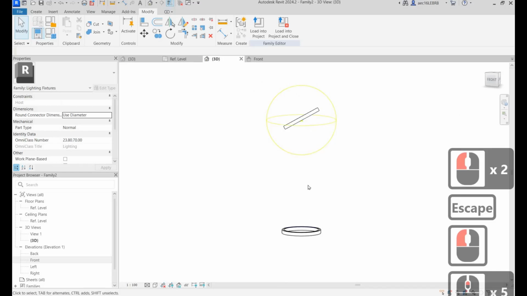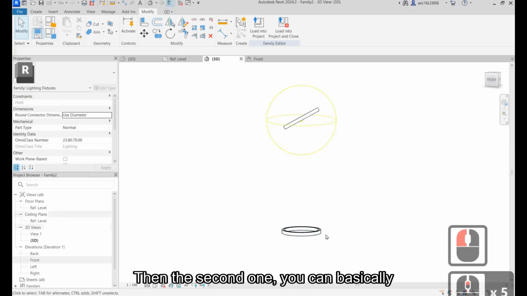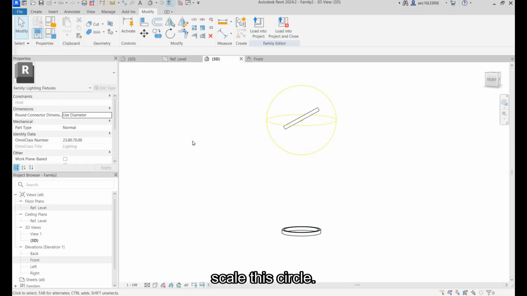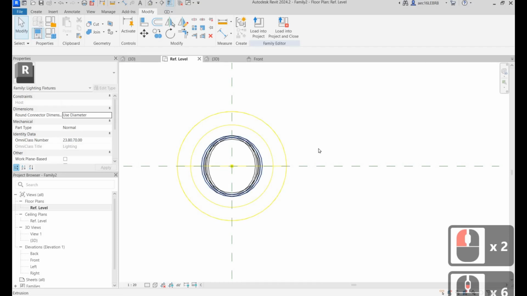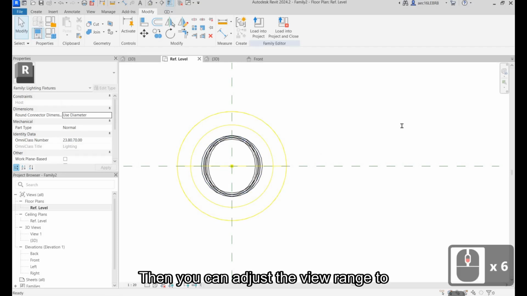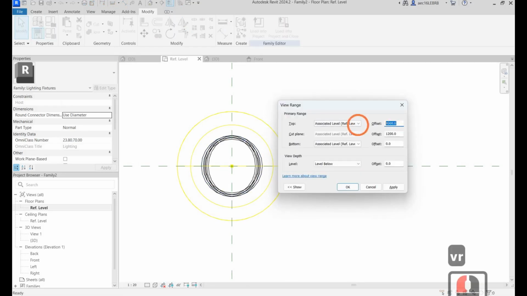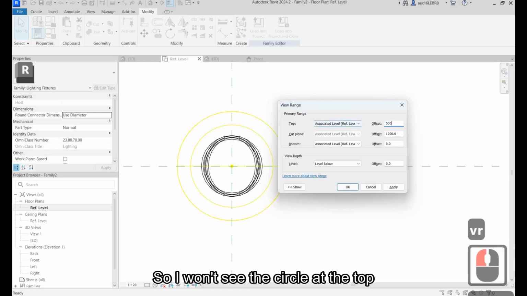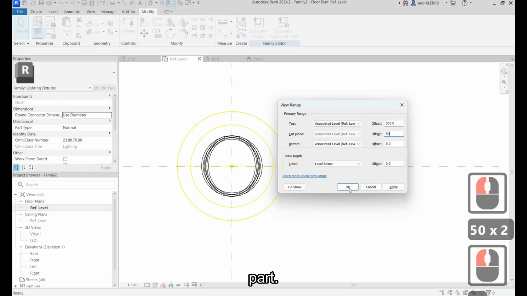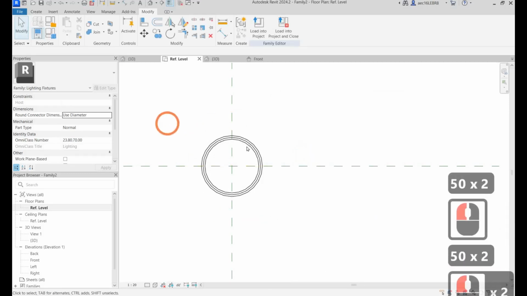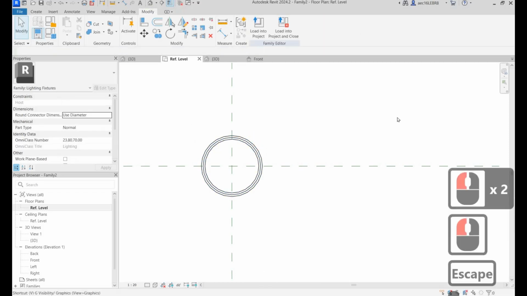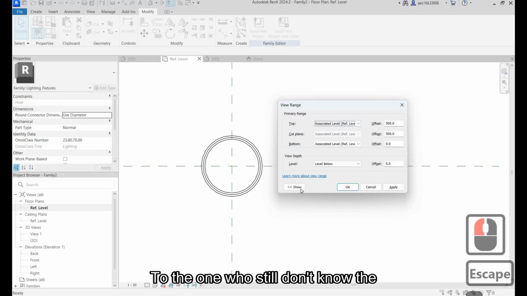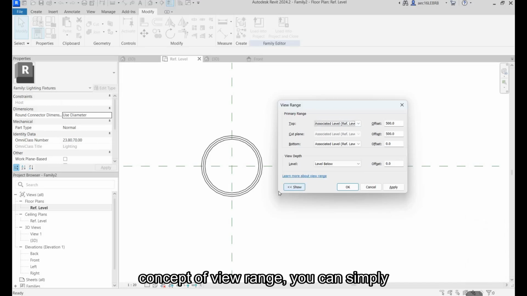Okay, then the second one, you can basically scale this circle. Let's come back to reference level. Then you can adjust the view range to down, let's say 500, so I won't see the circle at the top part. Okay, then from here, to the one who still doesn't know the concept of view range,